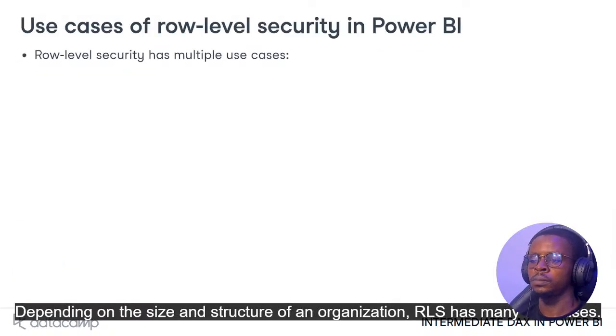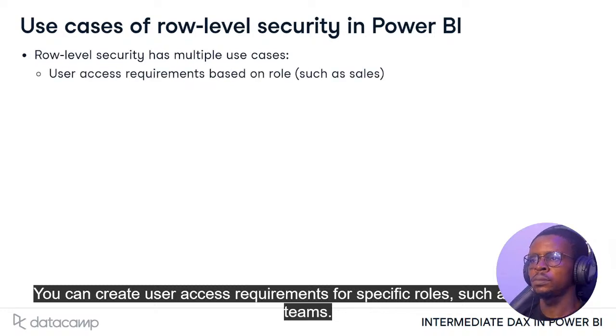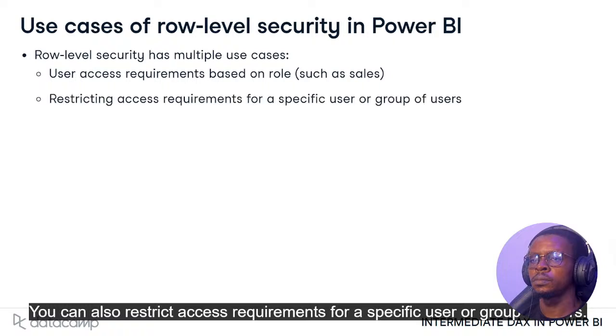Depending on the size and structure of an organization, RLS has many use cases. You can create user access requirements for specific roles, such as the sales teams. You could, for example, show sales teams different data than the non-sales teams. You can also restrict access requirements for a specific user or a group of users. For example, showing the sales team in Europe data from their respective region without giving access to sales data of